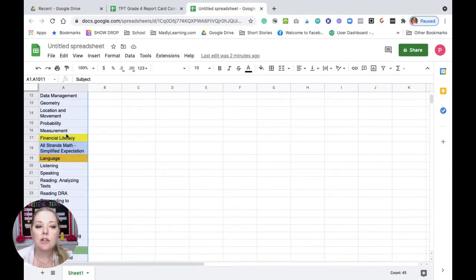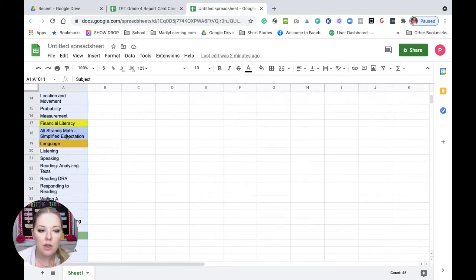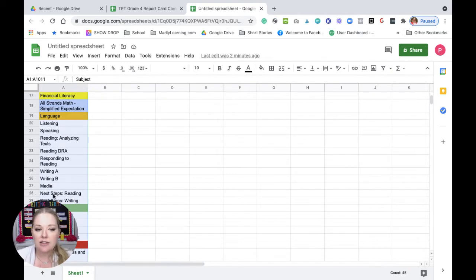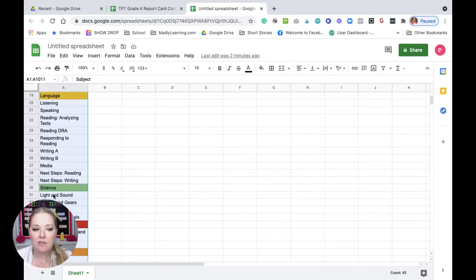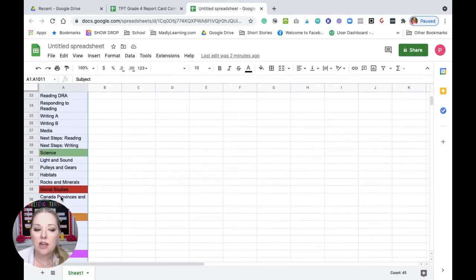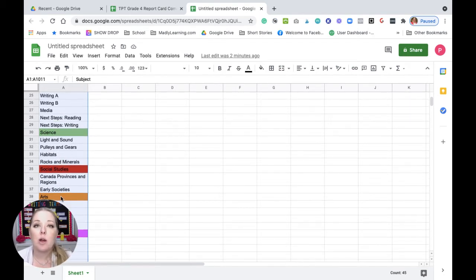And again, for language, I don't just have listening and speaking, but I also have specific comments. So when I was doing this comment bank, I have specific comments for, say, analyzing text, if that's what we happen to be doing. One year I included a comment like that, so I have its own line, so I can pull from there as well. And I've included the next steps down below here instead of in their own comment space, which I would probably move over the next time I did it. And then in science and social studies, I want to have a comment built for each one of those topics.